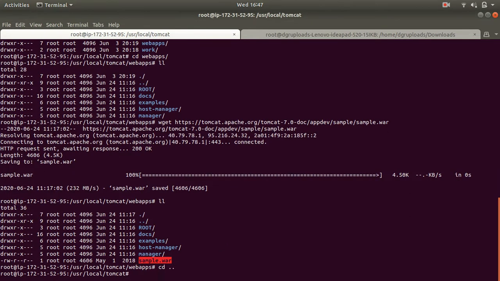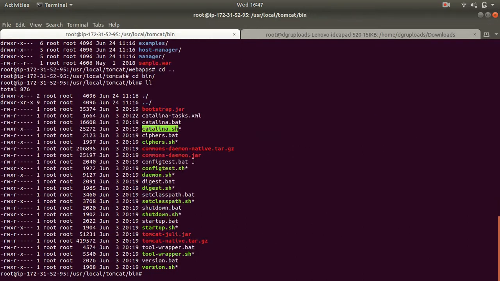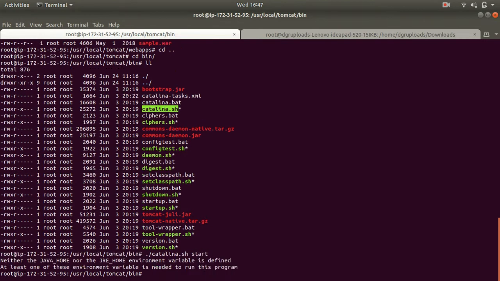Now to start running this, we will go to the bin directory, and here we are going to execute this script. We'll say ./catalina.sh start, and I'll need to have Java for this. I don't have Java, so let me quickly install Java. To install Java you can use this command: apt install default-jdk and default-jre.